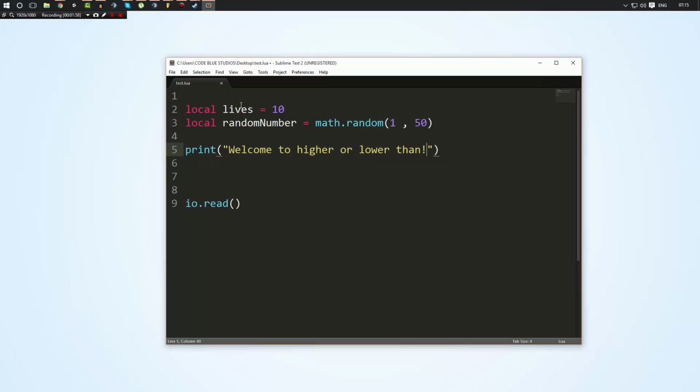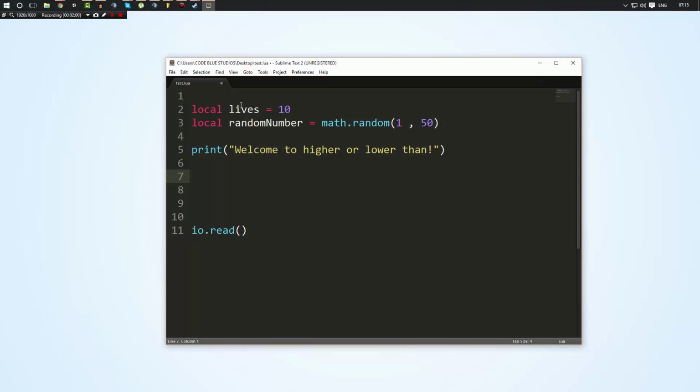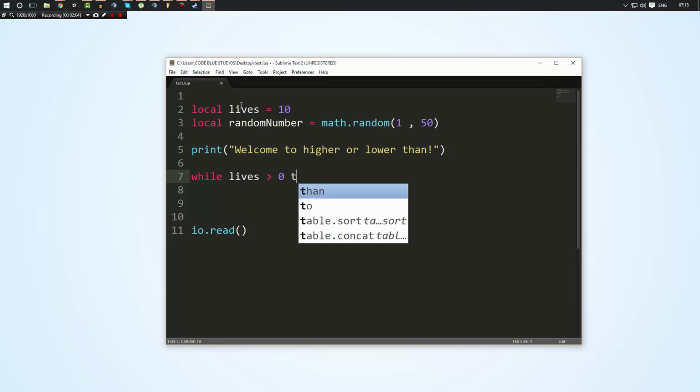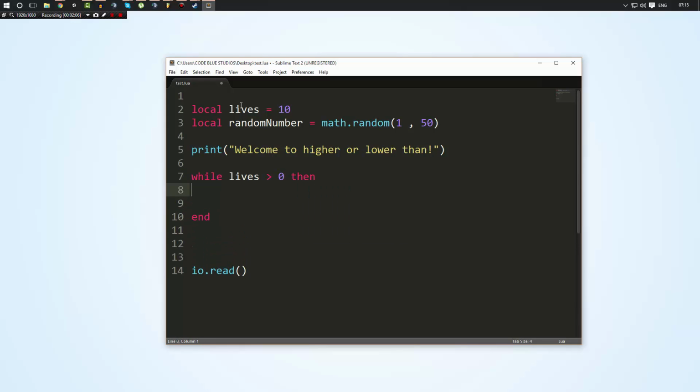Now we're going to have a while loop, and we're going to say while lives is greater than 0, then. The point is as the lives decrease, we're going to minus 1 from lives. So now we can print and say you have, and then if you do double dot, that's how you connect things in a string. So if we did something like lives .. left,